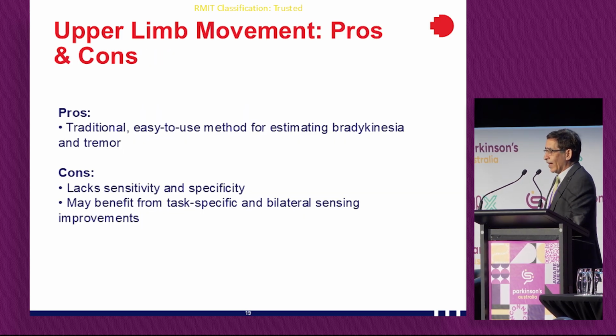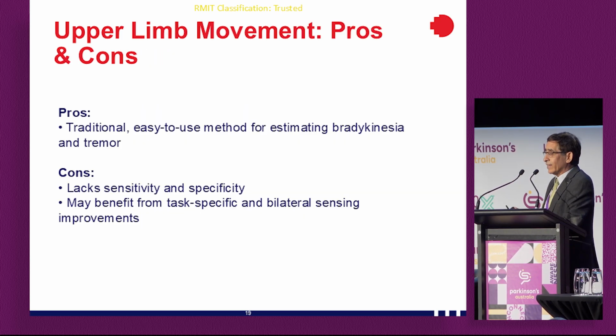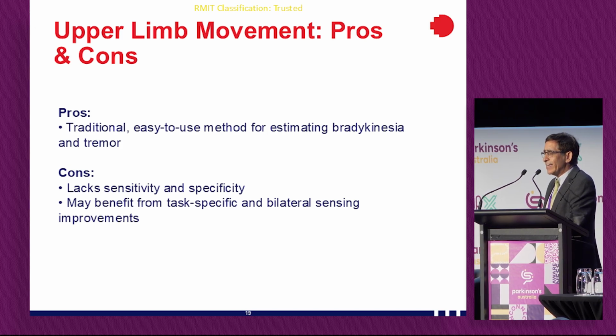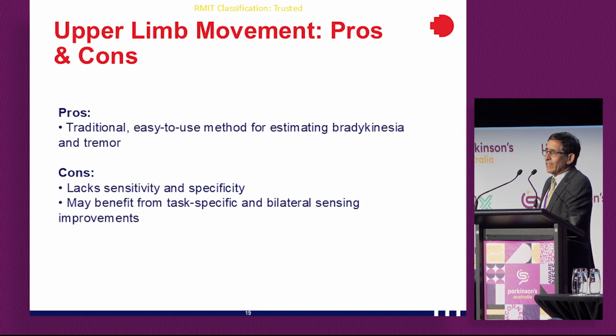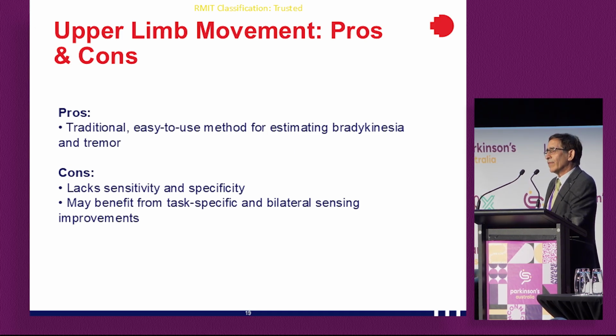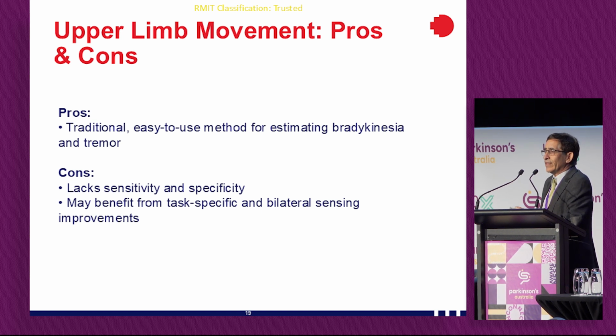One of the good things about using a device like the IMUs is that it's very easy to put on, but what we found was that it lacks sensitivity and specificity. If we were to just put these sensors onto the person and tell them to spend the day with them, we got a mixed bag of results. When they were doing normal activity, it might reflect as a tremor when there was none,